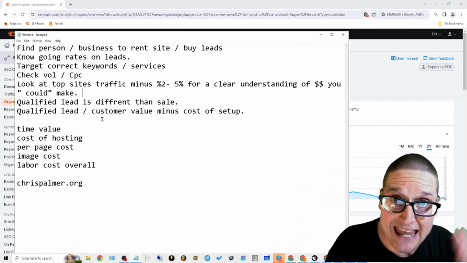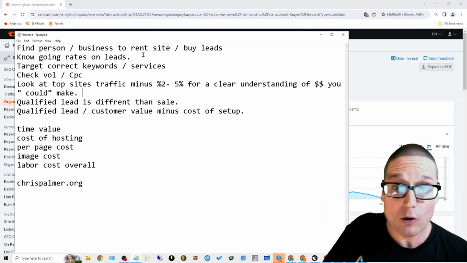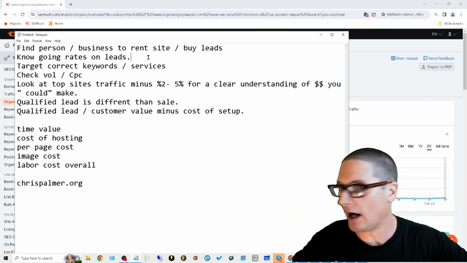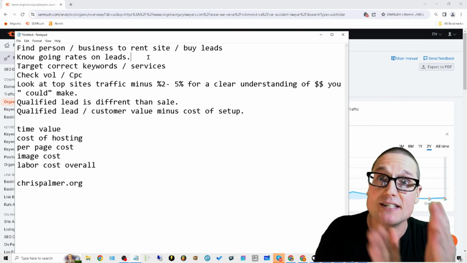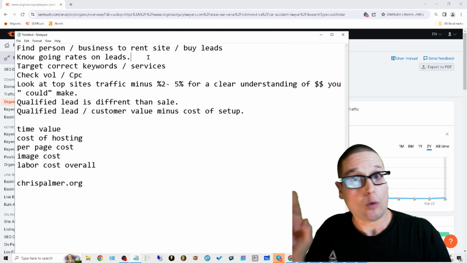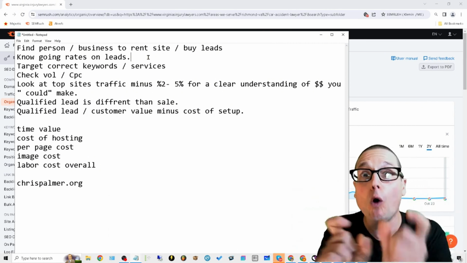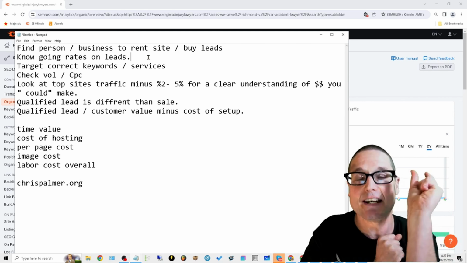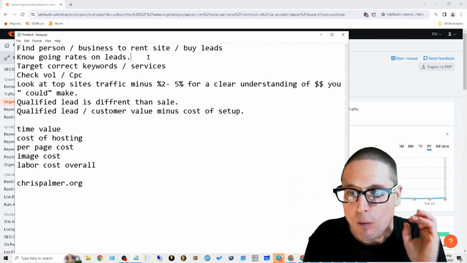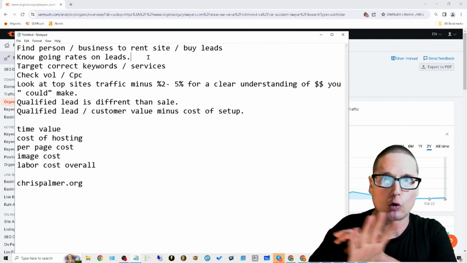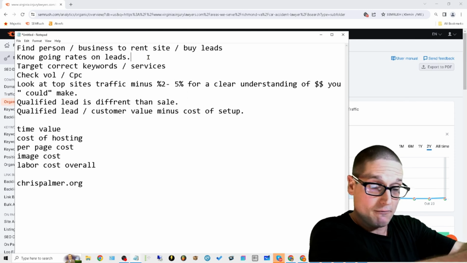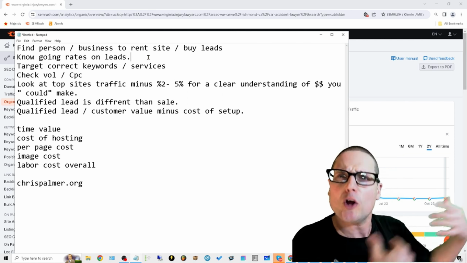Next, know what every lead is worth. If you're in roofing, let's say the roofing lead is worth $35. Whatever the niche, roofing, chiropractor, anything, know what every single lead is worth. The reason is, whether you decide to sell leads or rent the whole website, you know what the value of every qualified lead is going to be over the long run, over the course of a year. Knowing what the lead rates are is crucial. Then you can negotiate a good deal, not only for the person you're offering the services, website or leads to, but also for yourself.